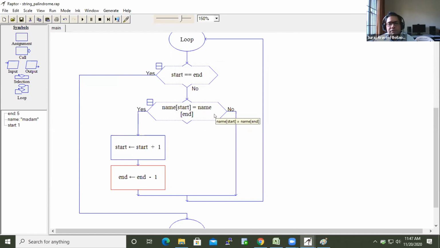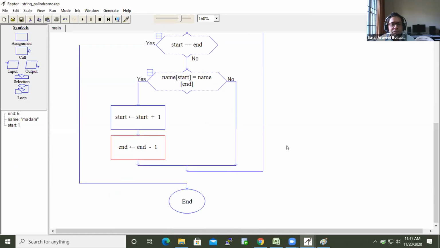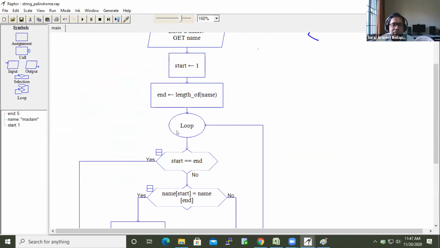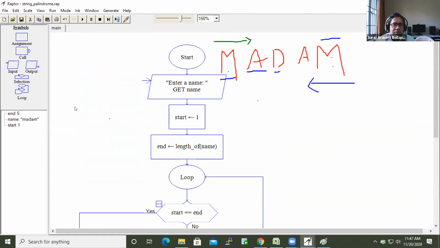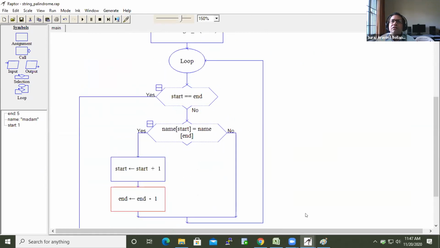Right. Now suppose if they are not same, then we have to just come out of it. So for coming out, what shall we do? Let us put one more variable called as flag. Because normally in languages we have a keyword called as break, B-R-E-A-K.